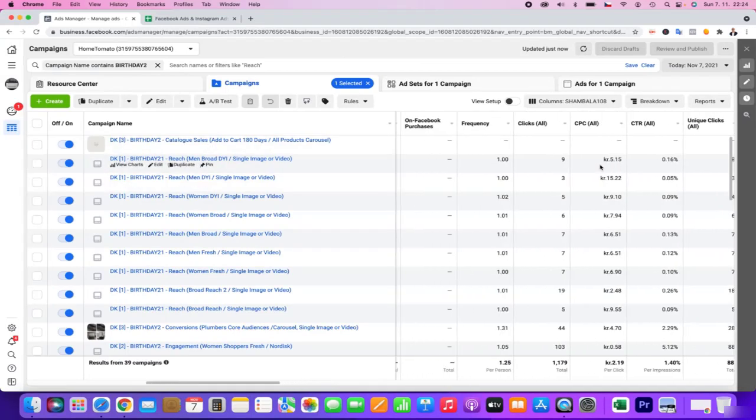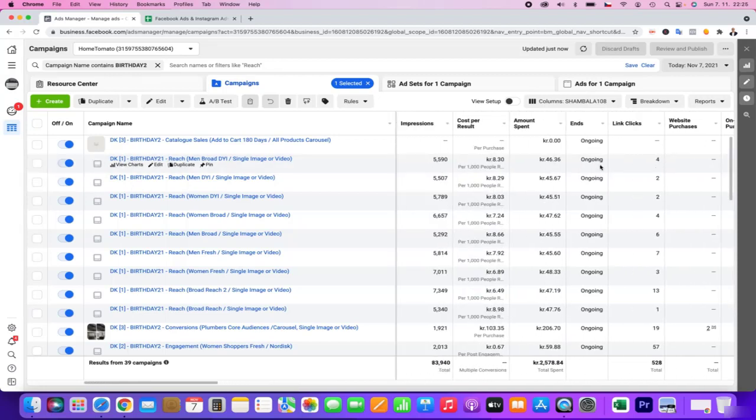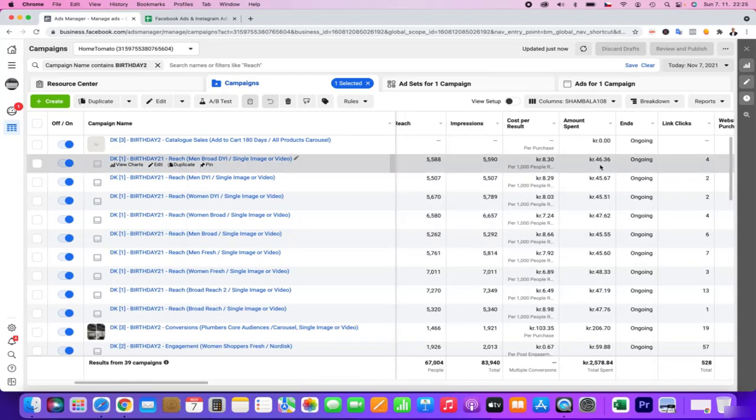So let's have a look into some results we have in the evening. Basically, as you can see, we are reaching out quite well. It's 5,000 unique people for each audience, and basically we have reached 67,000 unique people.